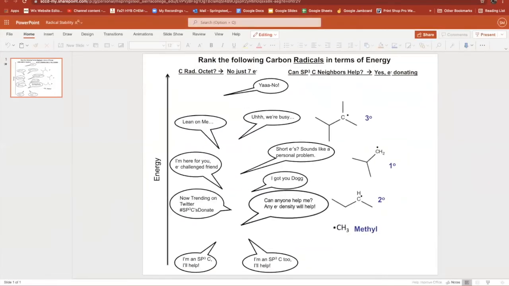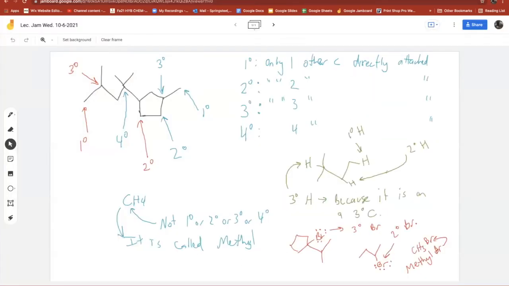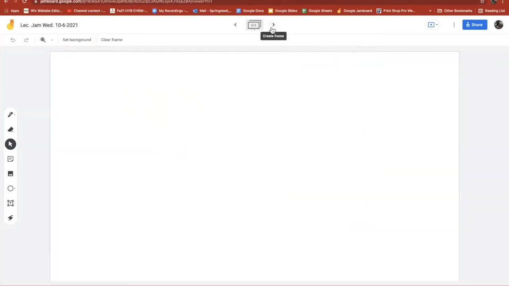Before I do that, actually, I want to do a quick review. Remember how I said that different hybridizations of carbons lead to different electronegativities? In terms of electronegativity, I think of sp3 carbons as actually a little bit less electronegative than hydrogen. And then I say the hydrogens are less electronegative than sp2 carbons, which are less electronegative than sp carbons.